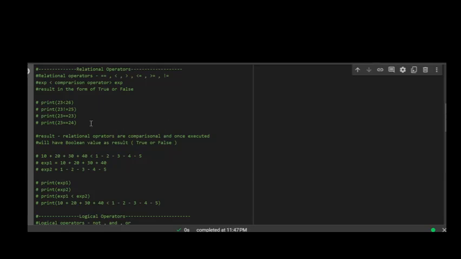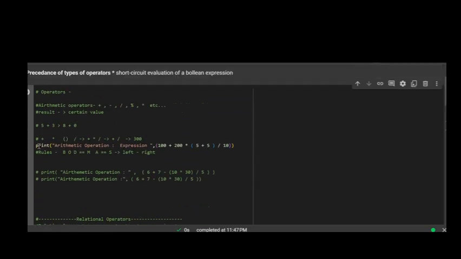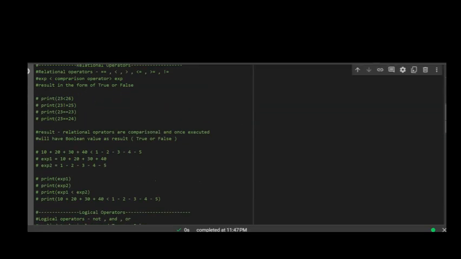So let me comment out the previous statement so that we don't get confused once we are seeing the results. So we have all these print statements. If I just uncomment that, no issues. Okay, so now if I run this one, you will see 23 less than 26,